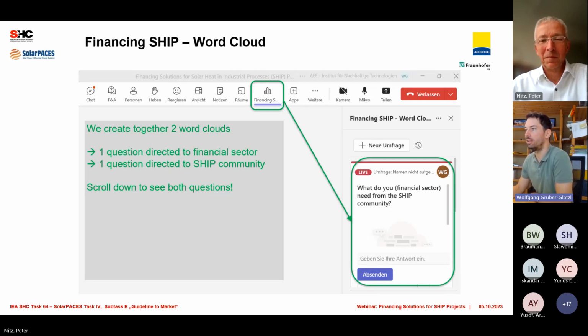So if you click on it, on the right side, you should see two word clouds or two polls. You need to scroll down for this. It's on the right side. You can scroll down, and then you can enter